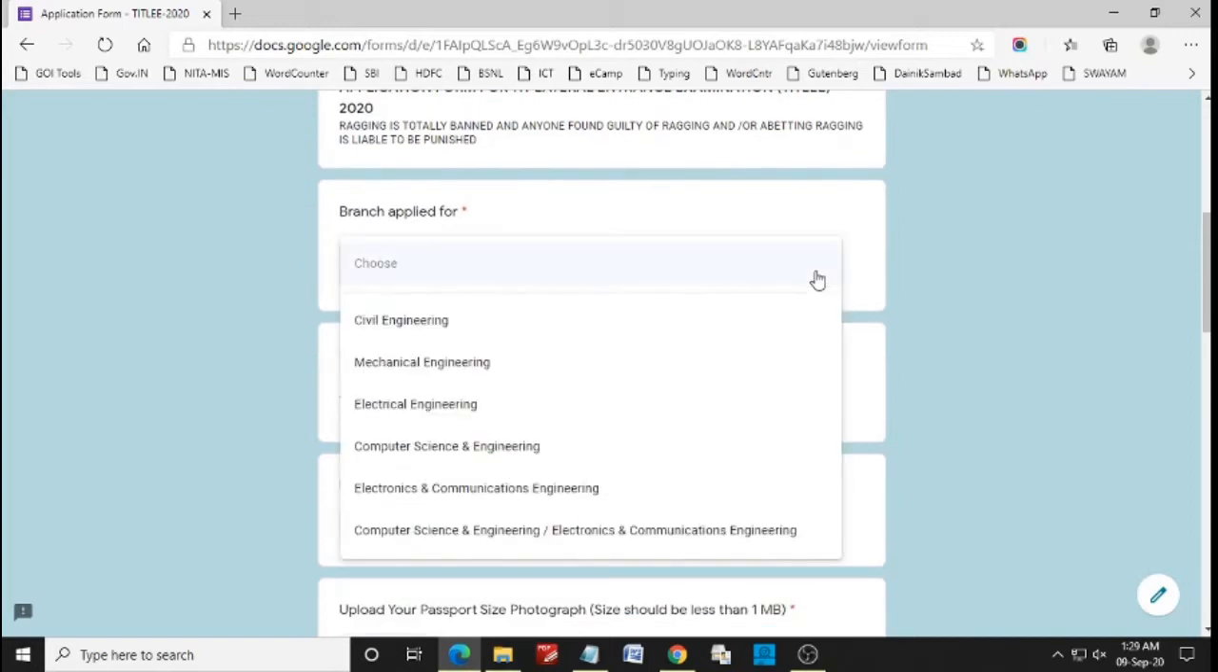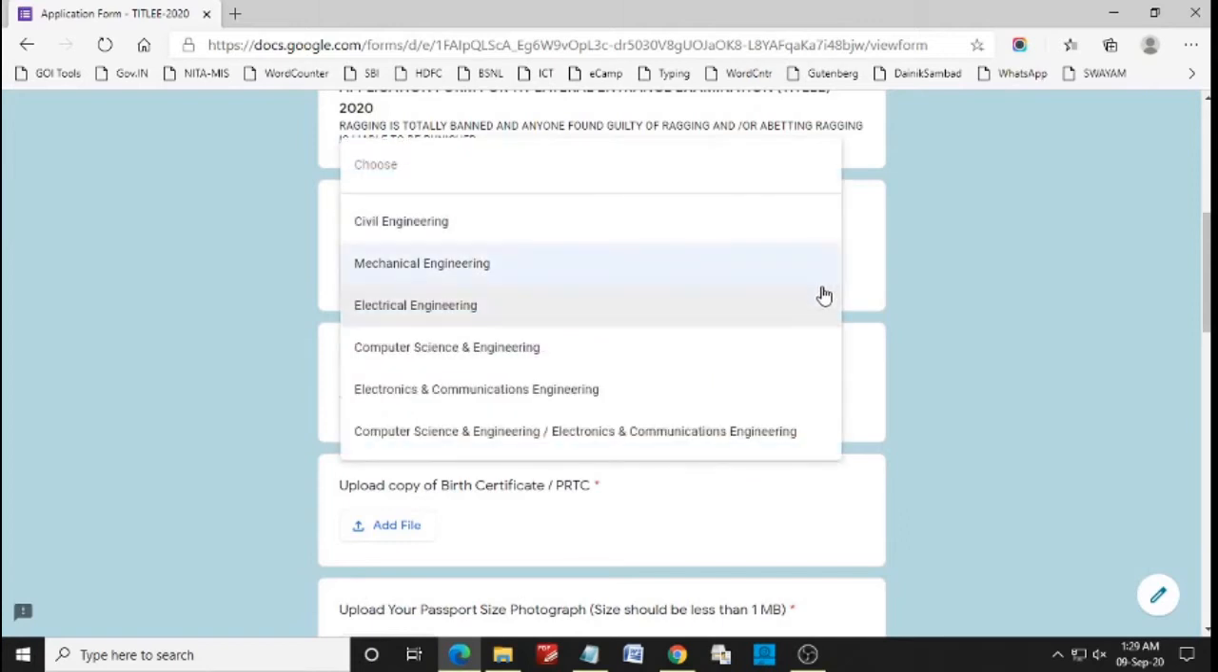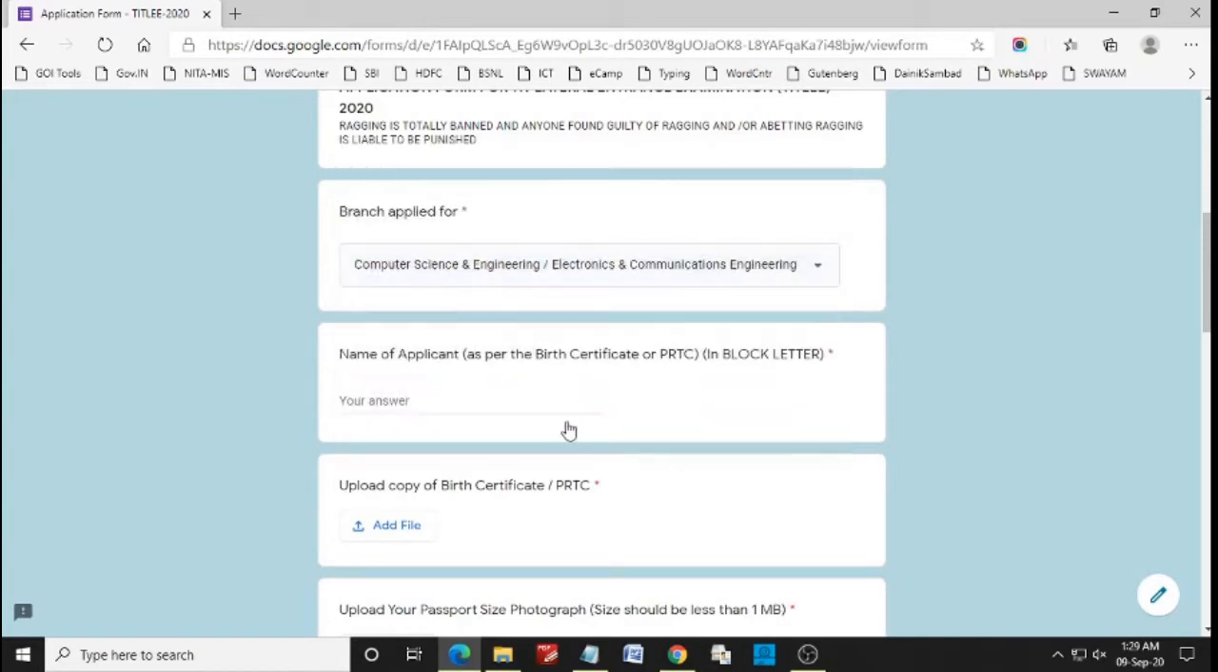we have to select the branch for which we are applying for. If you are applying for a single branch, you can choose any single branch, or those who want to apply for double, like computer science as well as electronics and communication engineering, they can opt for that. Then you have to enter your name,